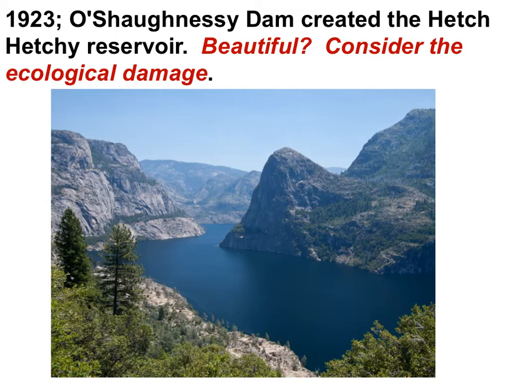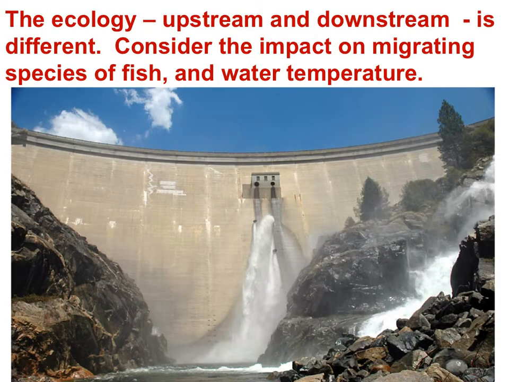The species in the river are different, as what exists is a lake, not a river, and downstream the temperature of the water has changed. The water behind the dam is deep and warm, while the water released from the dam below is cold and potentially intermittent. The ecology of the river is changed, the species change, the biological community changes.